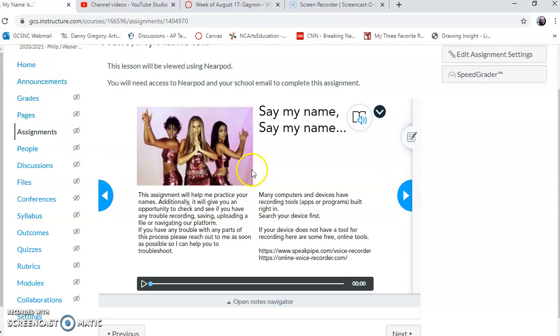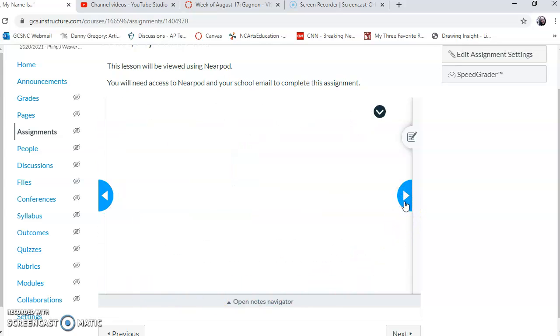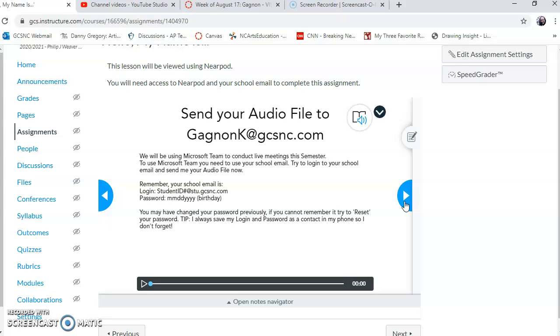This slide is going to tell you a little bit more about your assignment. There is another audio recording, so make sure you listen to it. As you go, you'll click through the slide. You'll see that your first part of this assignment asks you to use your student email to send me an